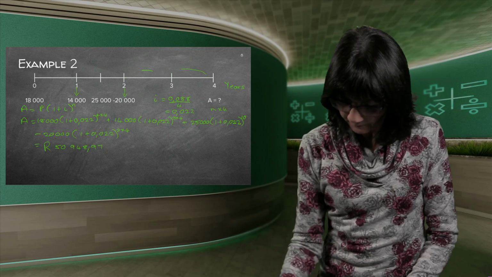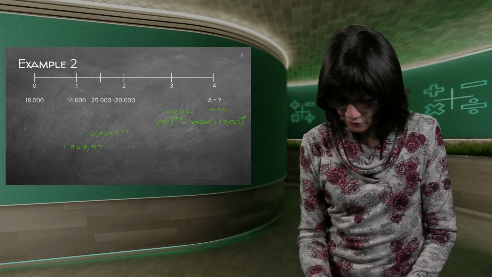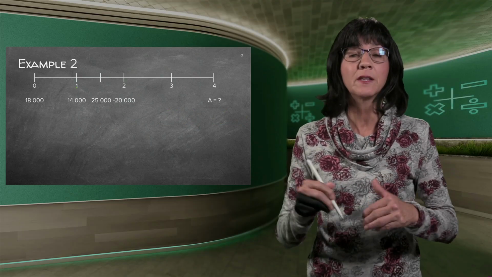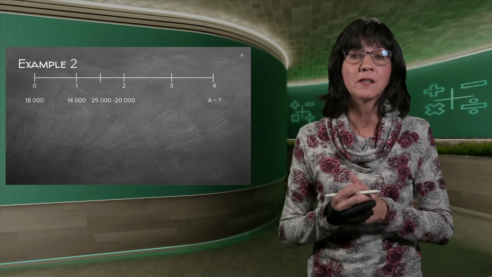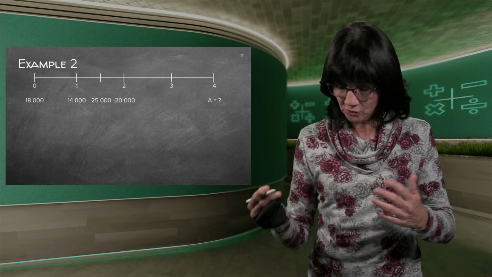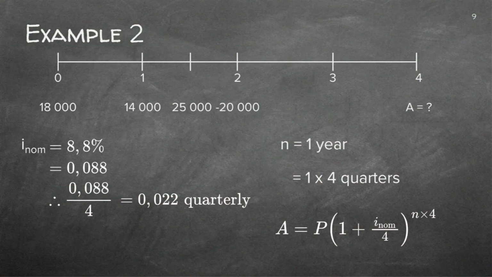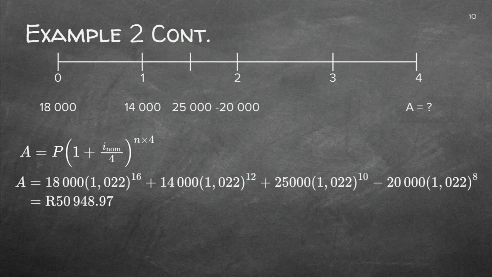Good. Now I'm going to take this off. You can use the same timeline. Actually, you shouldn't. You should make your own timeline. You can check this one afterwards because you're not going to get a timeline in the test or exam. You need to make your own. And then here you can check the answers. Now, here they said nominal interest rate. You don't have to do that. You can just say i. Remember, I said nominal is the normal i that we use. So there's the problem, everything done, and there's the answer in the end.